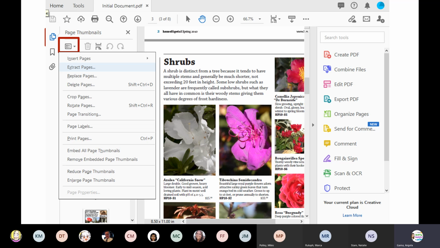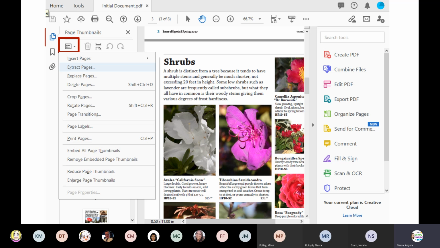Now, another place where we can go to organize our pages, instead of going to that right-hand side panel, is on the left-hand side of our Acrobat window, where we will see these icons. If you don't see them, again, there's that gray bar with the arrow to expand or collapse that mini panel right there. So if I click on the double sheets there, I can go ahead and open this panel for my pages. So I can go ahead and drag my pages up or down to arrange them,